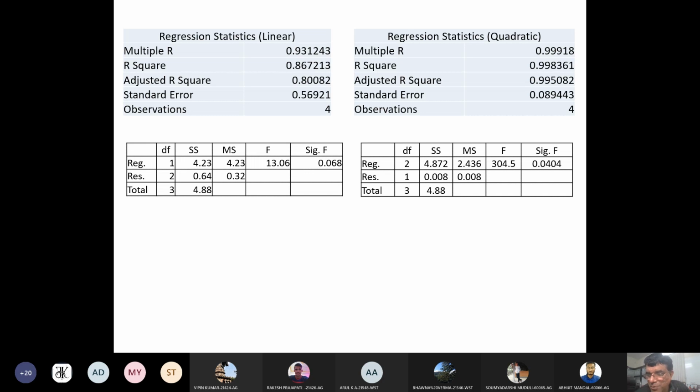Otherwise, it is not possible. Suppose you have 4 pairs and you want to fit a cubic relationship, you cannot do it because there will be zero error. Minimum 4 is required for a quadratic relationship. For cubic, the minimum will be 5.